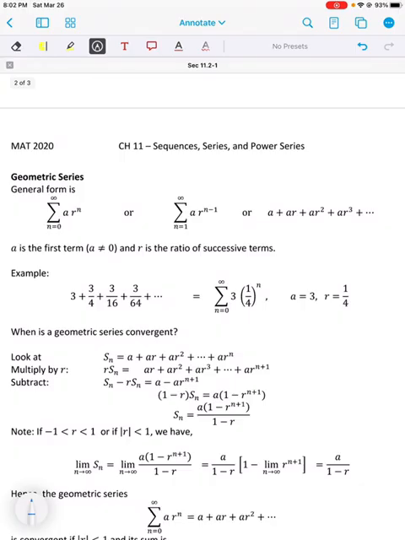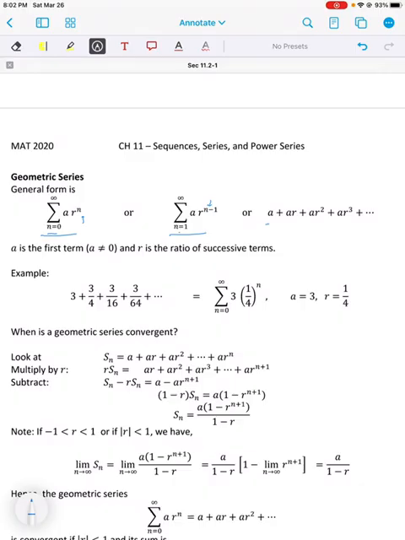Now the general form of a geometric series is something we write like this, or we can write it like this. Notice here that the power on r in the first case is n, and the power on r in the second case is n minus 1. So in the first case, n is starting at 0. In the second case, n is starting at 1. In both cases, if you expand it, what you are going to get is a plus ar plus ar squared plus ar cubed plus dot dot dot